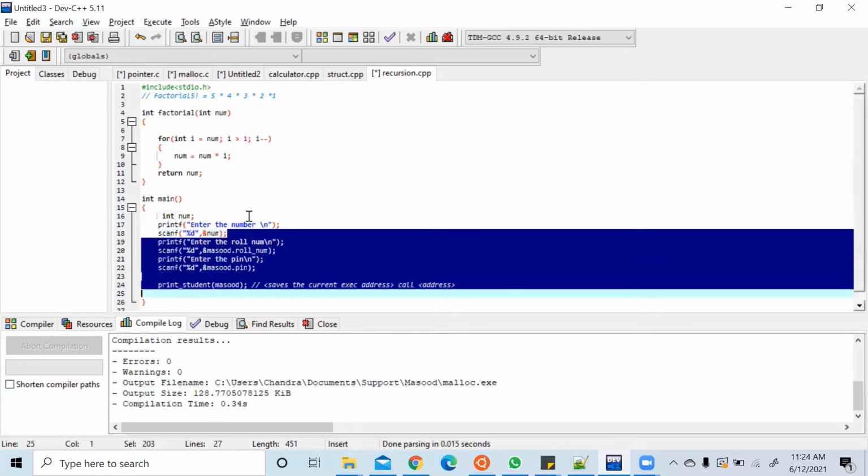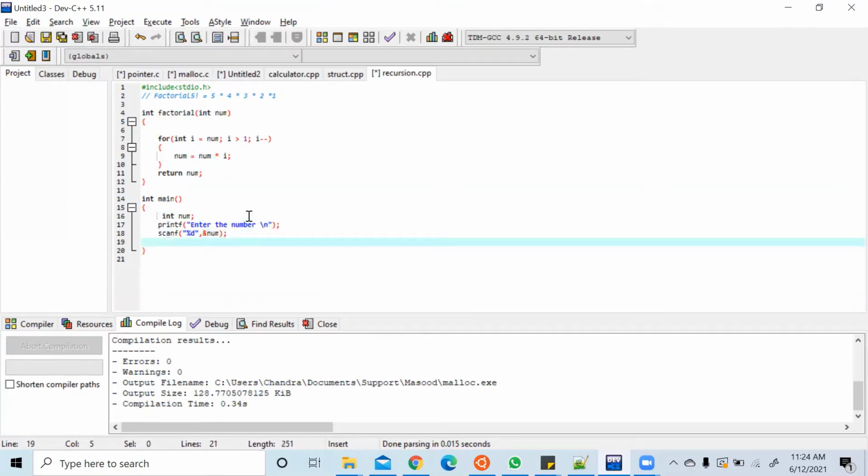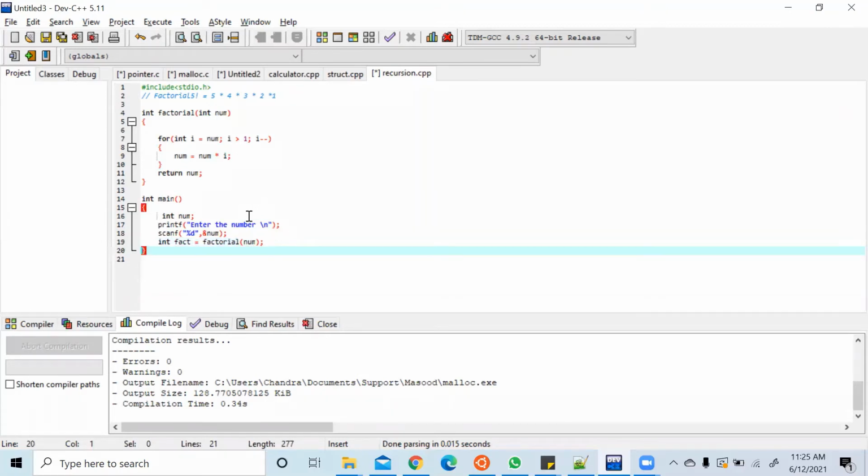So what I'll do is call this function: int fact is equal to factorial of num. printf %d factorial is equal to %d, fact. You're able to understand the code, right?